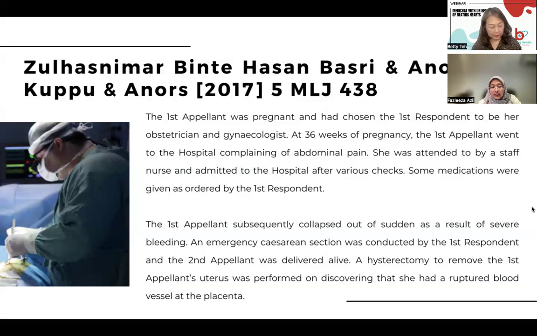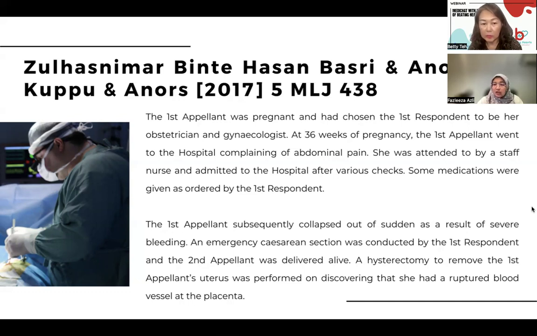The argument we put forward before the High Court is this: based on the doctor's expert opinion, at 30 weeks of pregnancy there was no indication of labor, and hence it did not warrant an emergency C-section